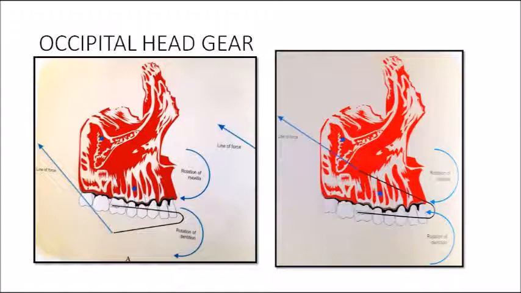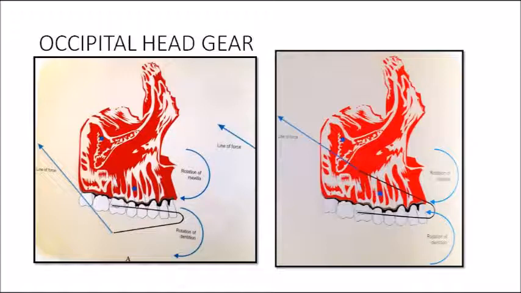Please look at the picture, you can see that there is a slight difference in the line of force compared to your cervical headgear, because here the line of force is distal and in an upward direction, whereas in cervical headgear the line of force was distal and in a downward direction. Now, when you change the line of force with respect to the center of resistance of maxilla and maxillary dentition, it is similar to that of your cervical headgear. That is, if the line of force is below the center of resistance, then it can produce the clockwise rotation of maxilla as well as your dentition.